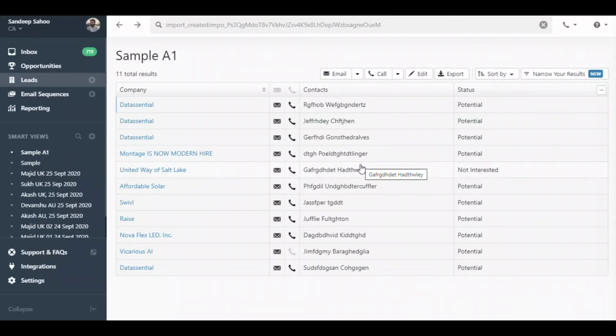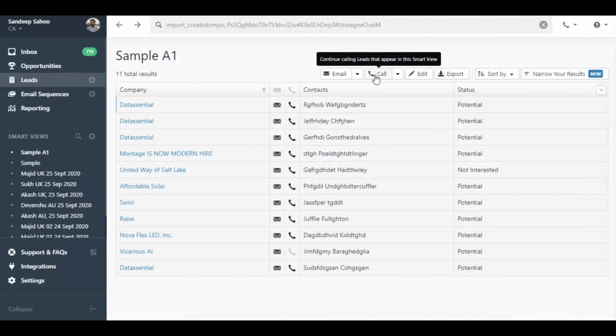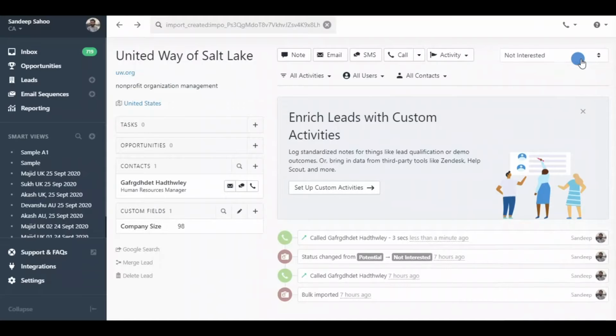Coming to the second, that is power dialing. What you can do is you can select the number before making the call and then you can simply click over here. So whenever I click on the call button, the power dialing will initiate and in the background, let's say I have been connected to the first person. So I will talk and then I can add status. So how to add status? Let's say this person is not interested. So I will click on not interested and then automatically the second call will be made.